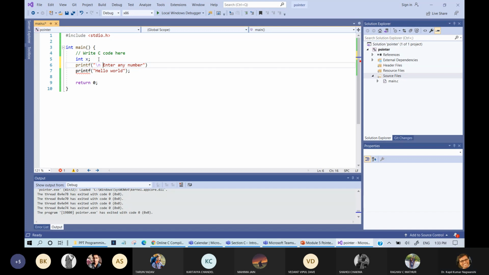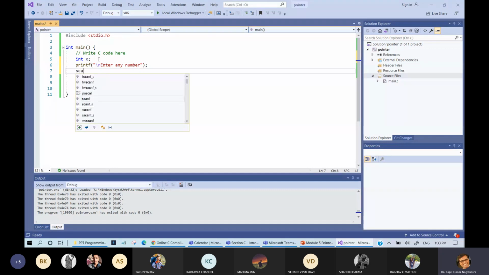So what will happen? Due to this, we need to scan the number, scanf, and you know this very well, but try to see what is going on. %d and address of x. I am writing address of x.